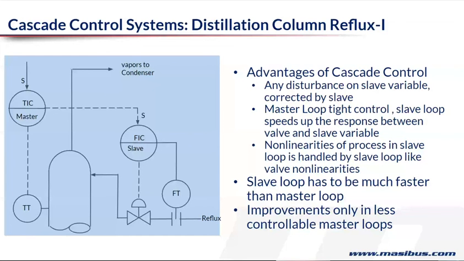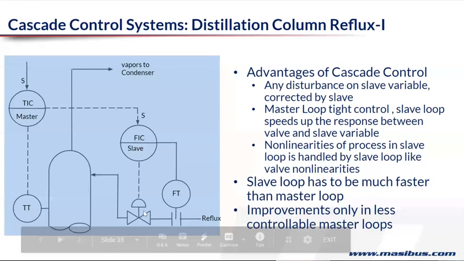So in cascade control, as the word cascade suggests, you are actually using two controllers. One you define as a master, the other you define as a slave. So you give the control output of the master, or the MV output of the master, as a set point to the slave controller, and use the slave controller to control the main actuator, which is the control valve.